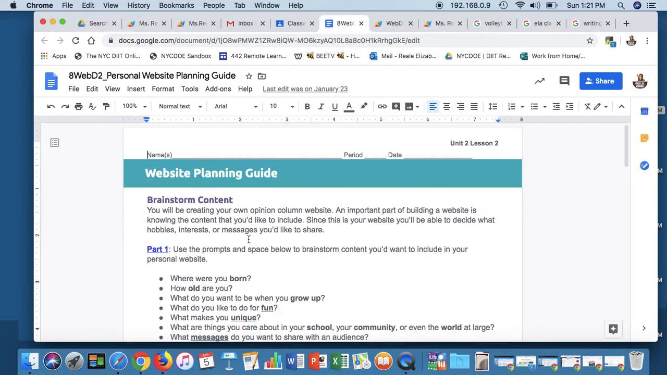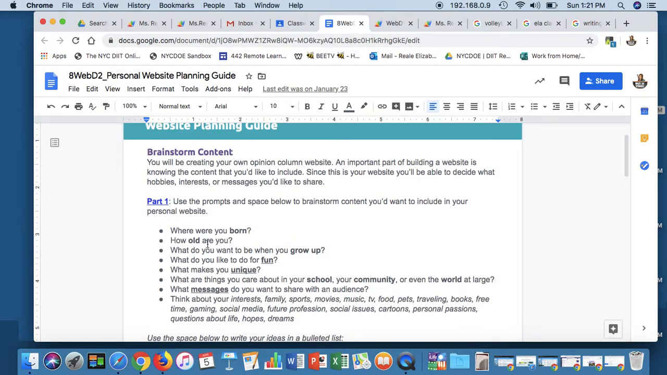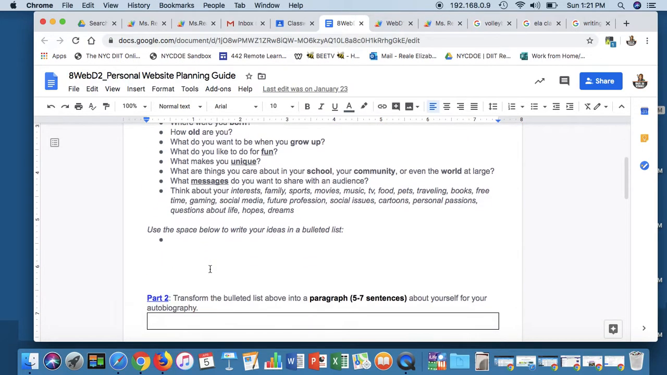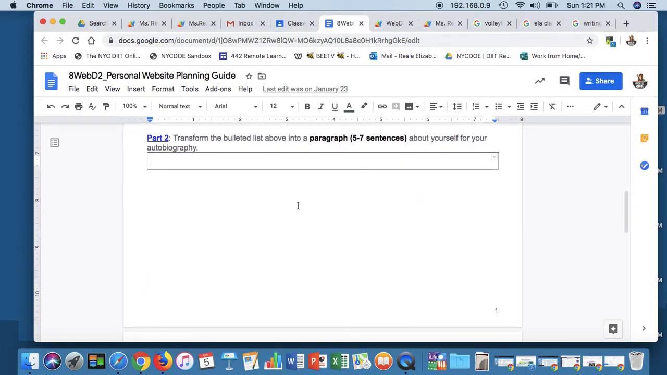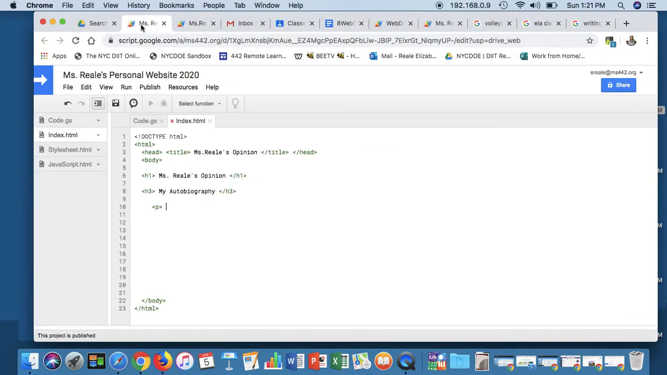In here, this is where you should have brainstormed what you wanted to say about yourself for your autobiography. You should have listed it out in bullet points and then put it into a 5 to 7 sentence paragraph. If you did that, all you have to do now is copy and paste this information into your autobiography. So this is where you share your autobiographical information from the Personal Website Planning Guide